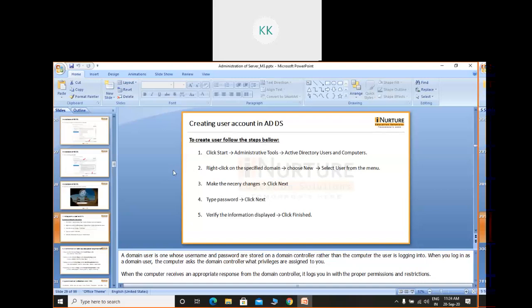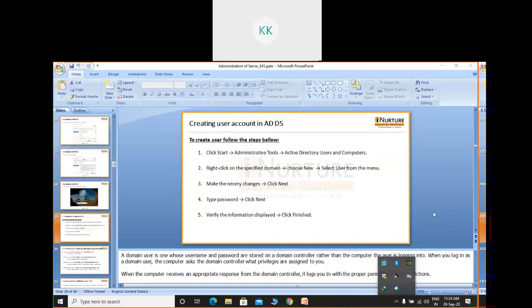Whenever you log in, you have to log in with any PC which is added to the domain, but with the credentials which are there inside the server of the domain, the domain controller. If you are authenticated, then only you are allowed to log in as the user. And what is the benefit we get? If we are part of a domain, whatever restrictions and facilities are applied to this domain, I am also accessing all those different features.